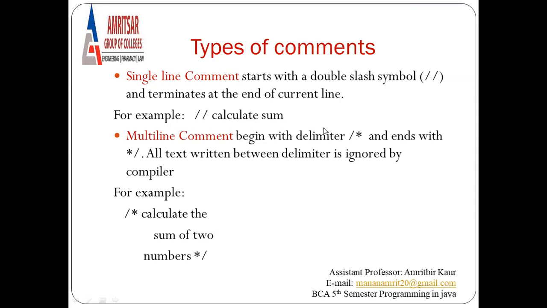If you want to add more than one line of comment, then we have another type, multi-line comment, meaning more than one line. It begins with the delimiter slash star and ends with the delimiter star slash. All the text written between the delimiters is ignored by the compiler. So here is an example of a multi-line comment like